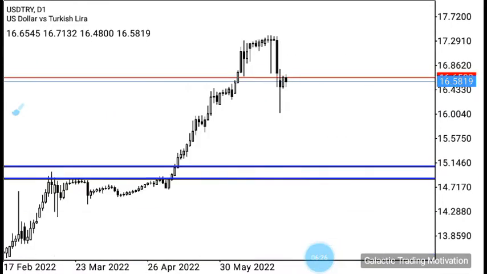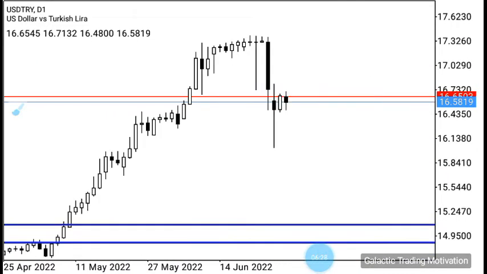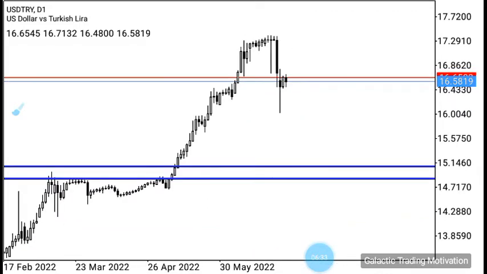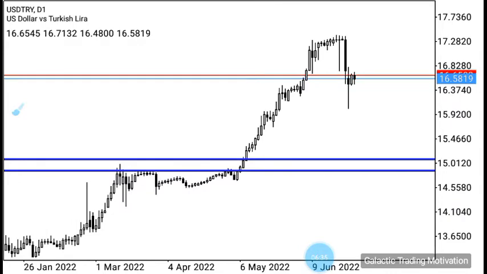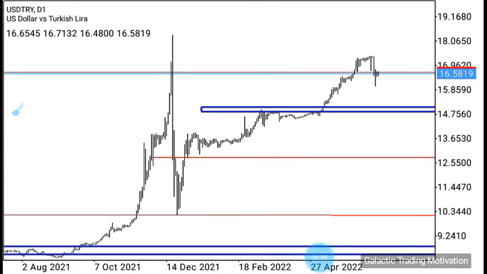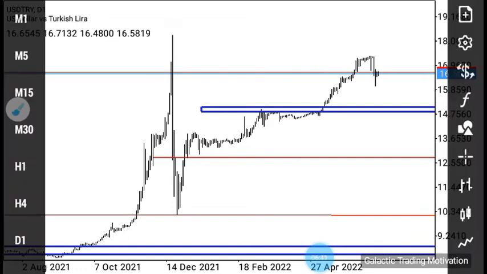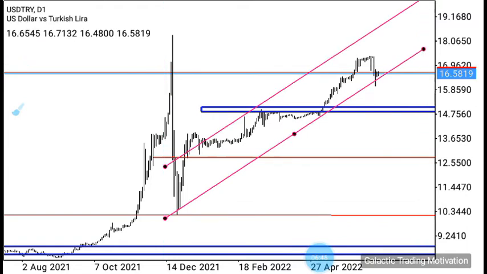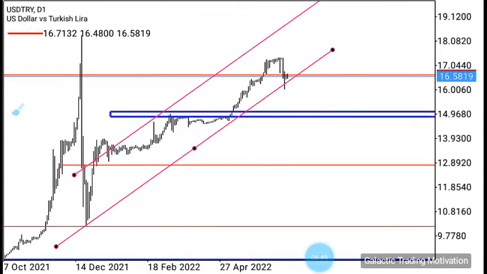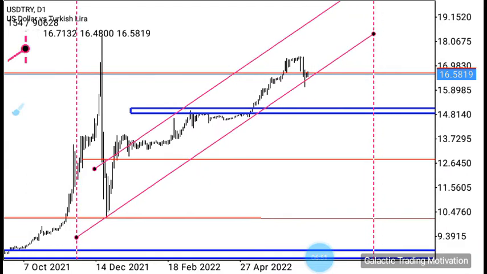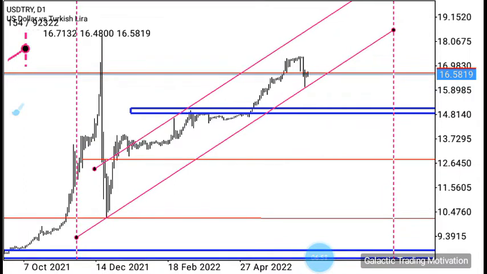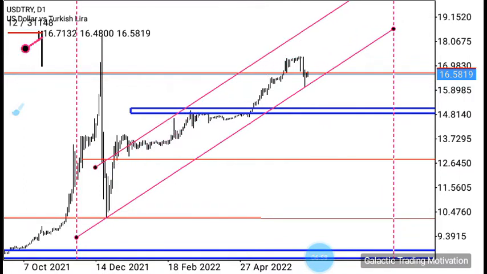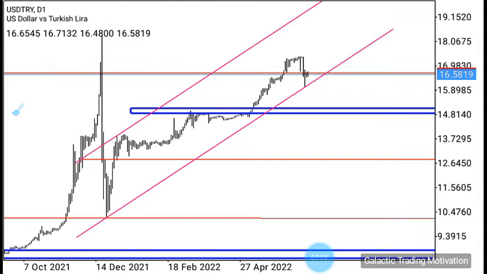Okay, so there goes our daily chart of USD Turkish Lira. The first thing that I'm going to do on this actual chart is add my channels. Just bear with me. So here goes my daily channel. I just need to ensure that it is as accurate as can be. There we go. So the next thing that I'm going to do